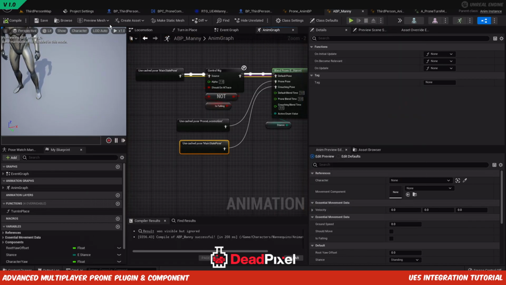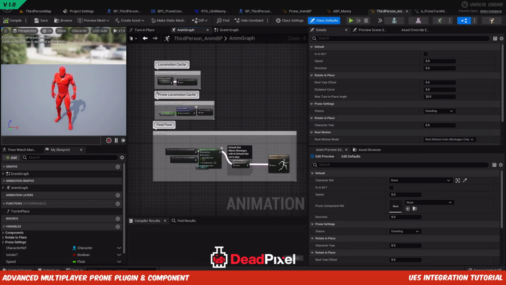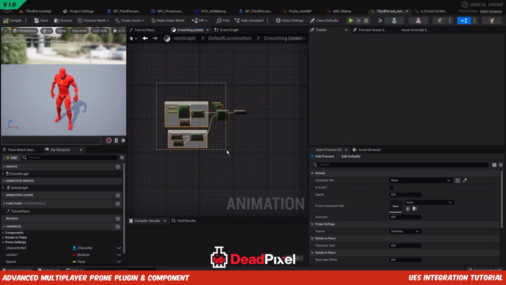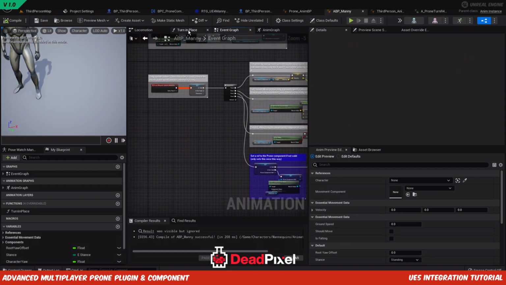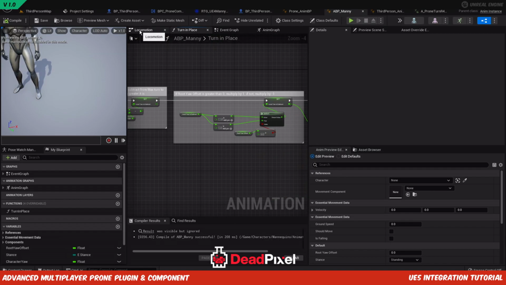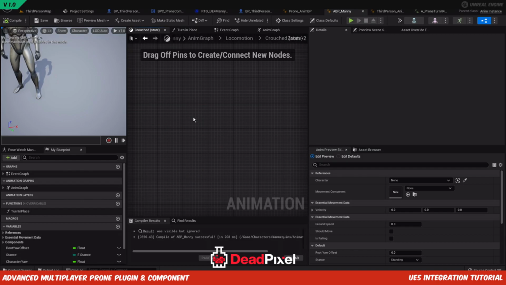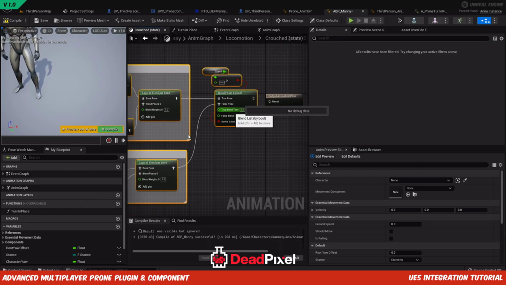And we'll also want to set an animation, so we can just come into our third person anim BP and go over to our anim graph. This is for the prone system. I have a test prone here with some test animations in the component that we can use, or in the plugin. And we'll come into our locomotion, crouched motion, Control V, and we will replace